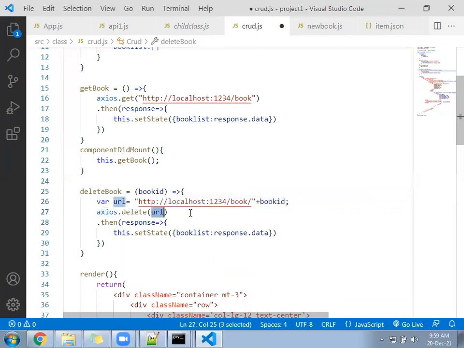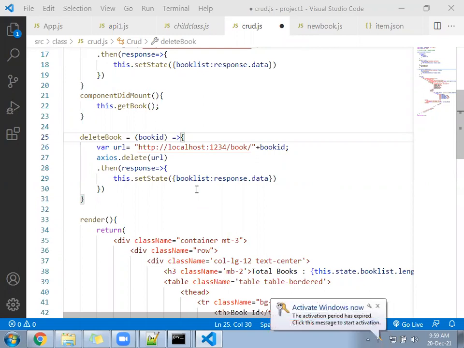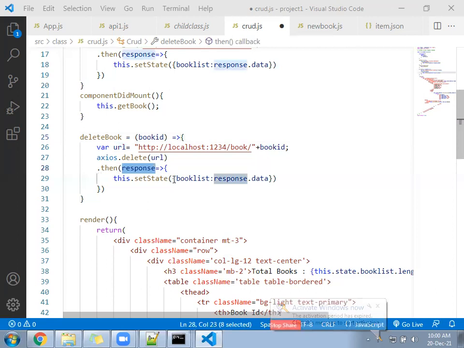Delete, there pass the URL. Okay, hope ready.